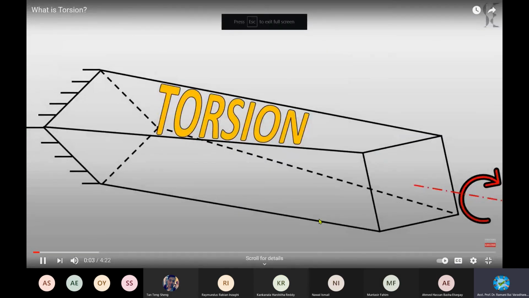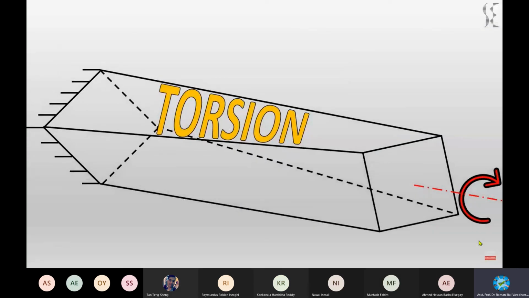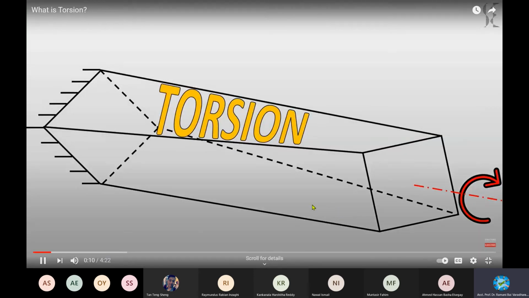This is Structures Explained, and in this video we will be talking about torsion as a force and how it acts. In daily life we experience many